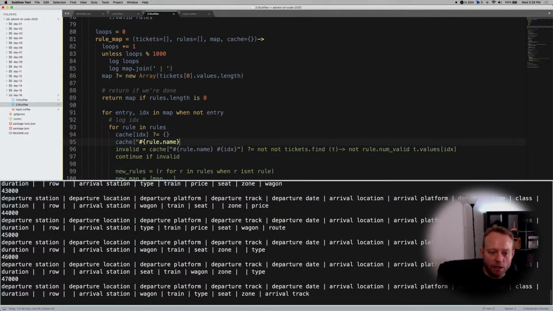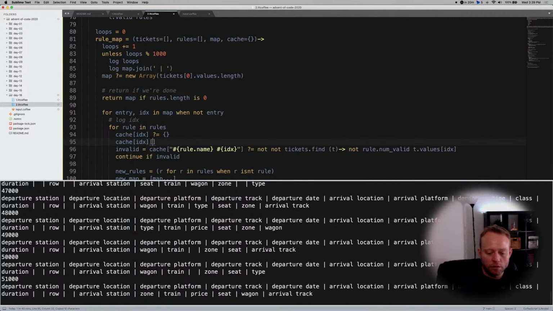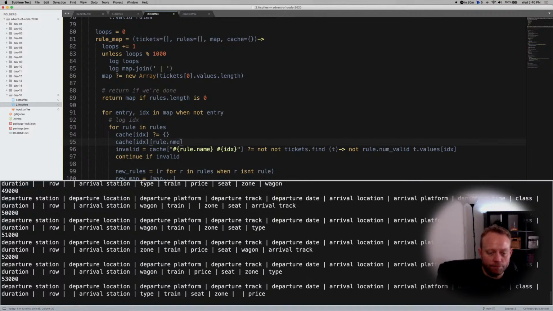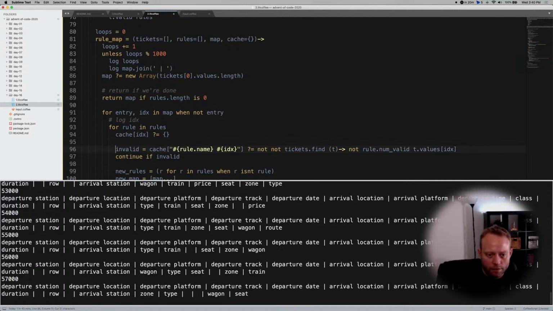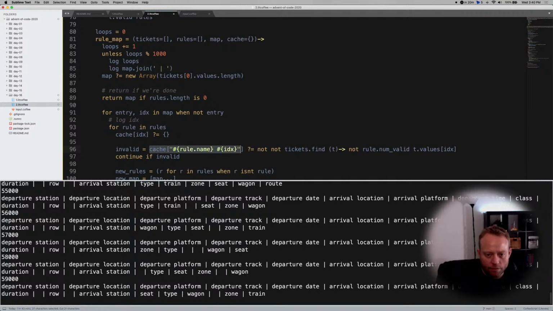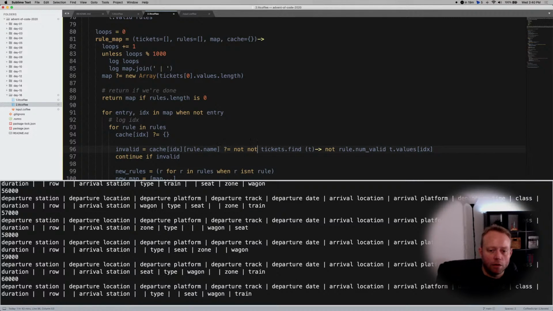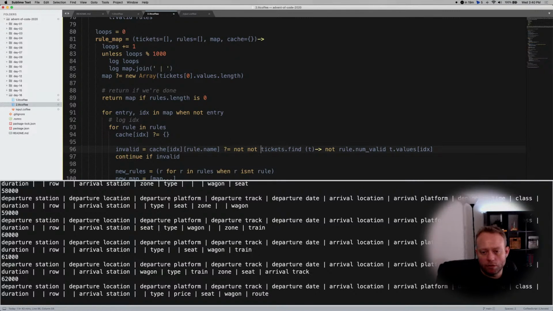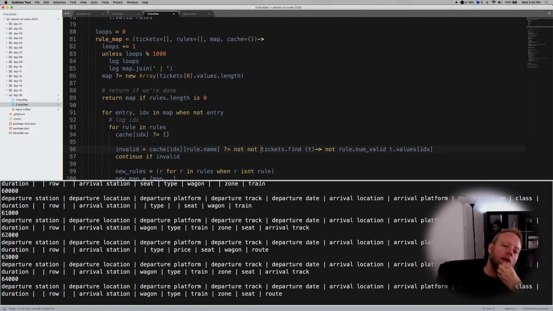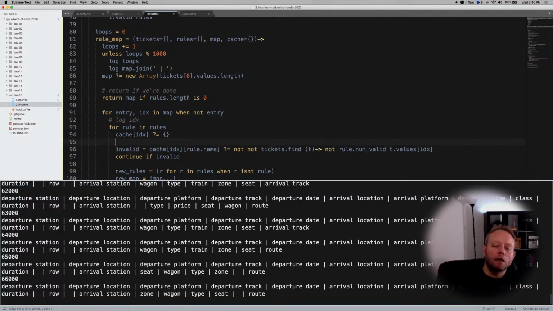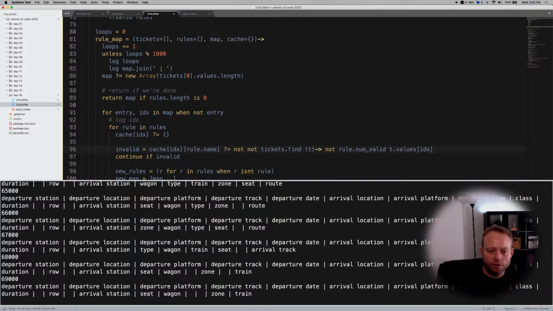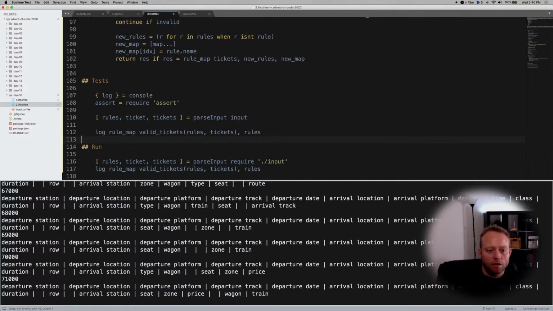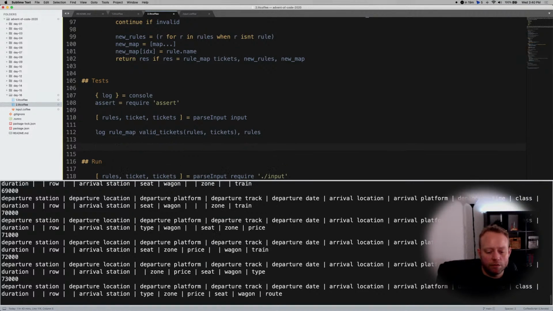And then we could say cache index rule dot name, like that, or equals to. And what do we want to find here? What we want to find here, so or equals, so what if we do,